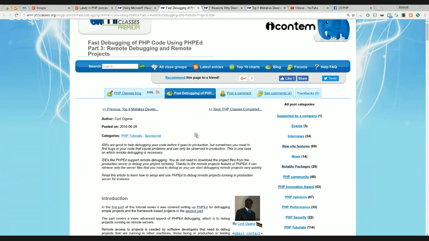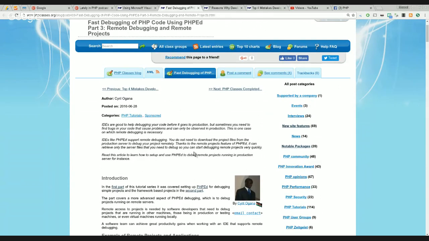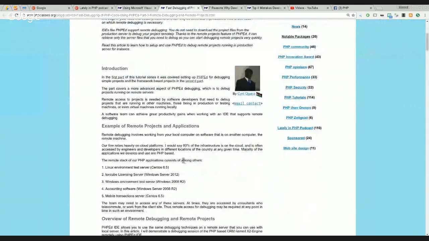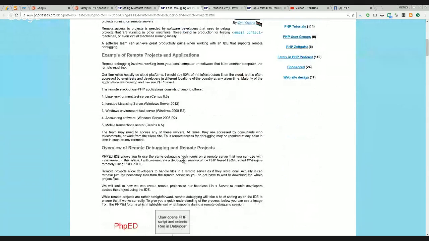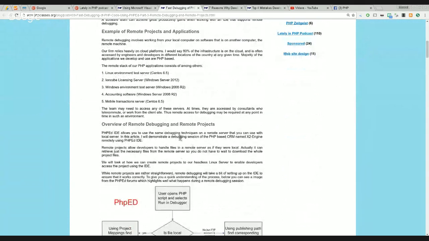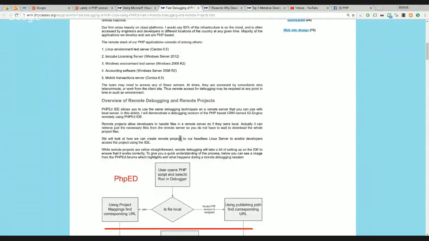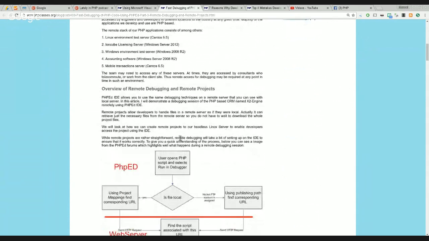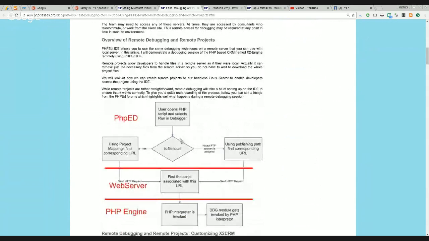And this article by Cyril Ogana from Kenya explains how you can set up PHP add to perform remote debugging and remote projects. Remote projects, in reality, refers to the files that are on the server. So if you want to debug a project that is running on a server, you do not have to have a copy of the project on your machine. It will pull the files on demand if you need them as you step through your code, different files that you may need to open, and it will